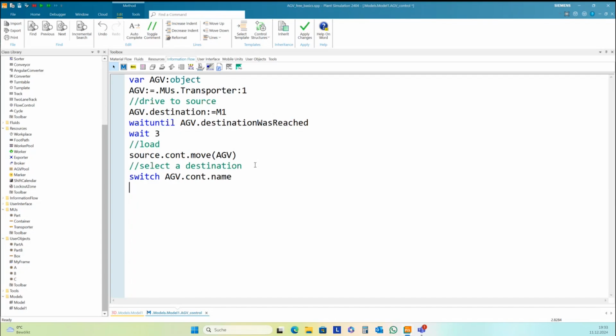I want to switch depending on the name of the part, HEV current point name, and I have 3 different cases. Case A, HEV point destination is M6. I hope so.